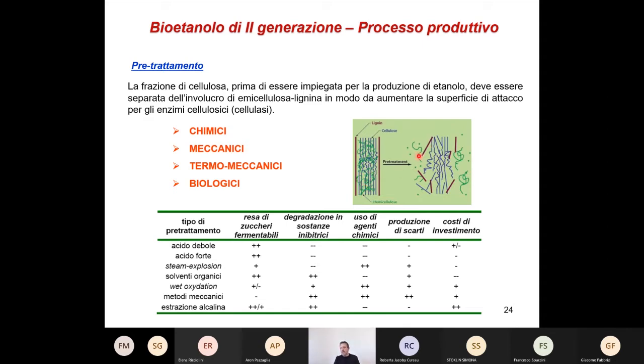So in the true sense, you break down the biomass and you see what happens. Lignin is removed from every part of the biomass, so you have a lot of surface available for the enzymes to work, and afterwards for microorganisms to access these parts. Okay, so this is the meaning of pretreatment.